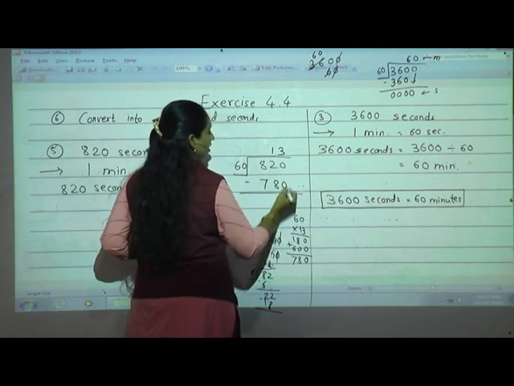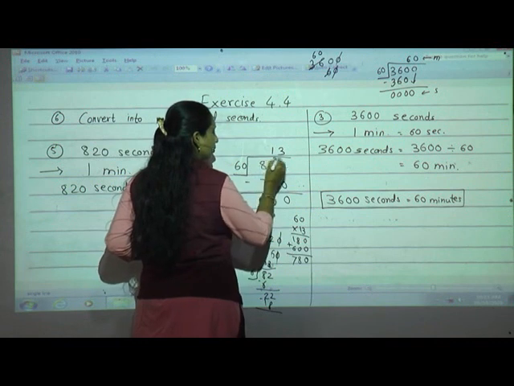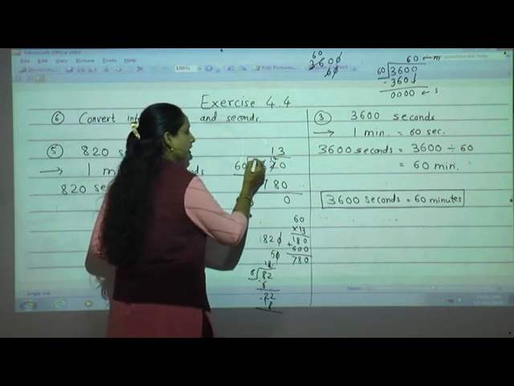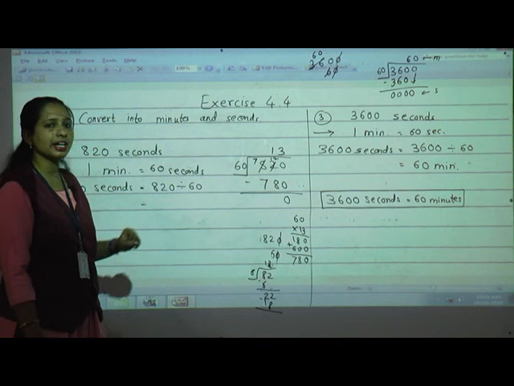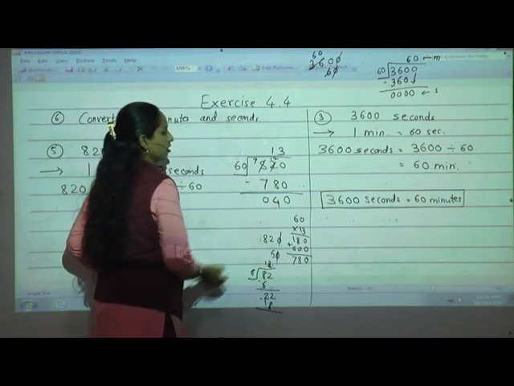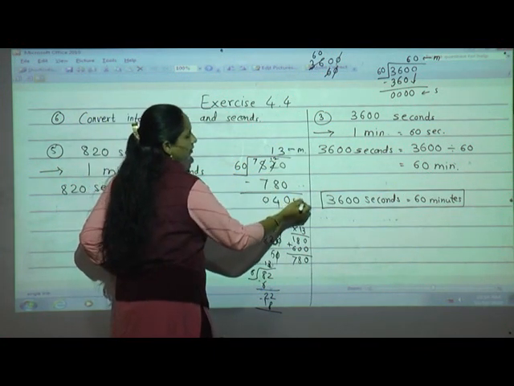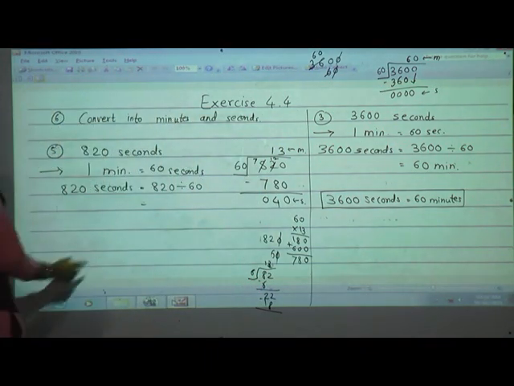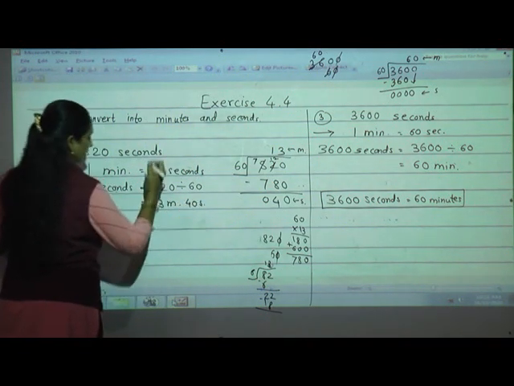Now we will subtract 0 minus 0, 0, 2 minus 8, we can't do. Cut the 2, write as it is, take borrow from neighbor, neighbor is having 8, he will give 1, here 7 will remain. Now 12 minus 8, count after 8 till 12 comes, 8 after 9, 10, 11, 12. How many? 4. And here 0. This is what? Minutes. And the remainder will be seconds. Are you getting? Yes. So what is the answer here? 13 minutes and 40 seconds.